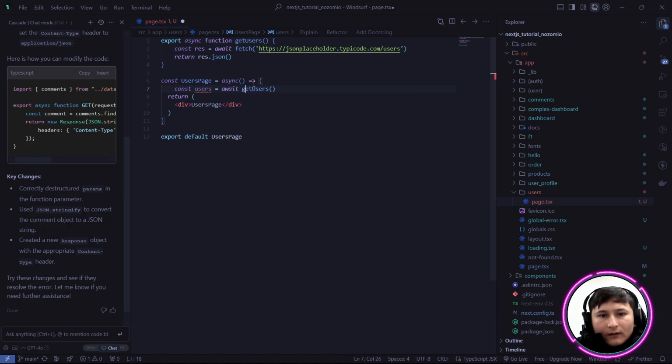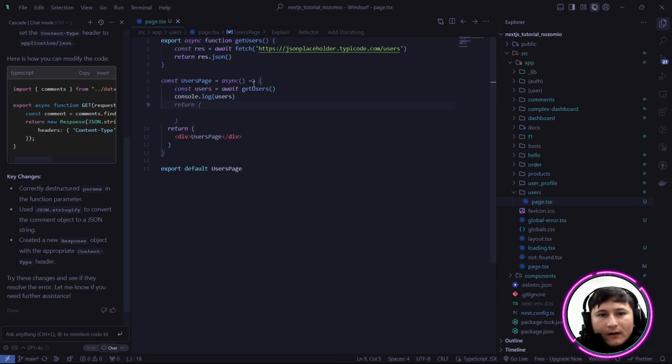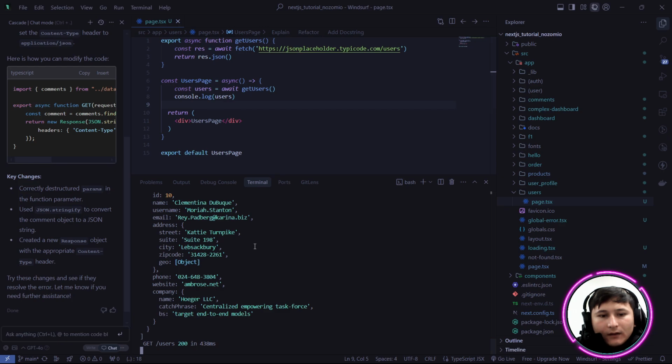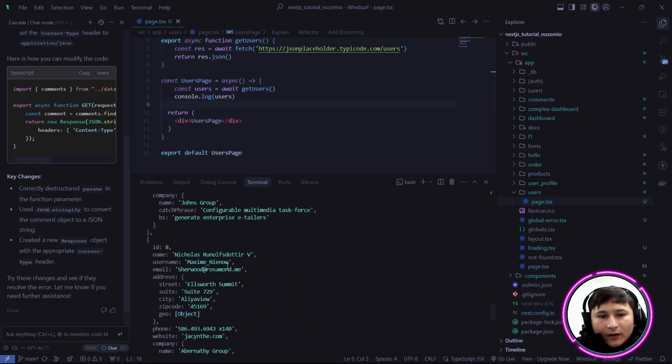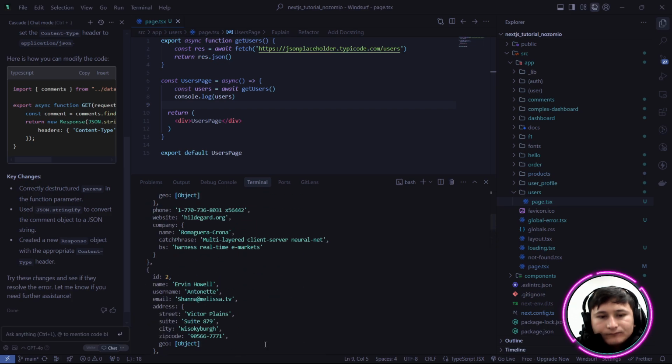You can see right here. So I'm gonna print console.log users. You can see right here, the users data are here, right? It's working. We just get the specific data. It's very easy, right? Only 3 or 4 lines of code, right? Okay, but